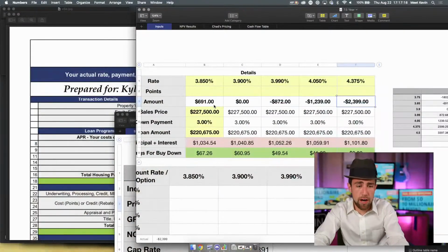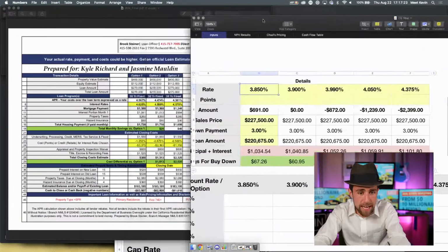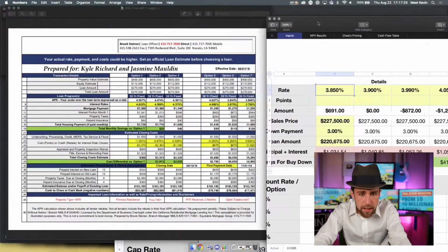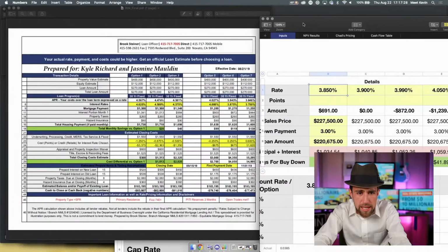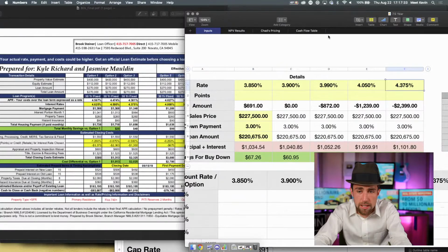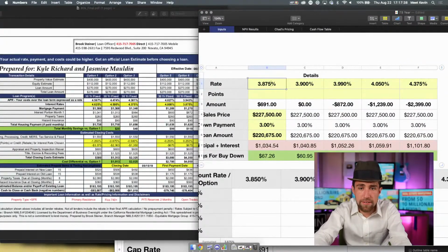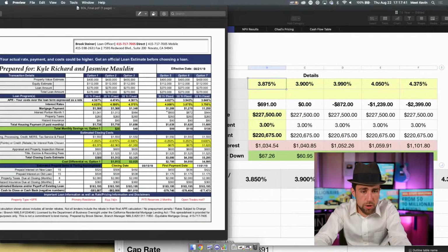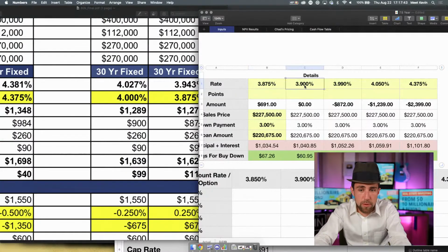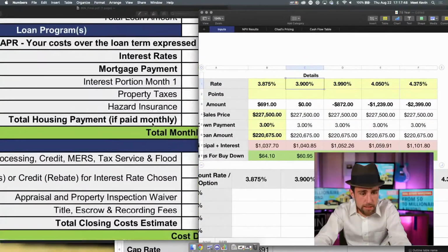But let's go ahead and use our 7.5 year spreadsheet. We should all know how to use these spreadsheets from the points sections, but we'll show you. Jasmine's doing a refinance. And let's see, these are all of the 6 options. How many can I put on? I can put 5 on here. So I'm going to go ahead and pull from here on 3.875. So notice all we're doing is we're going to take the rate, pop in the rate, and then we need to pop in the points, which the points are